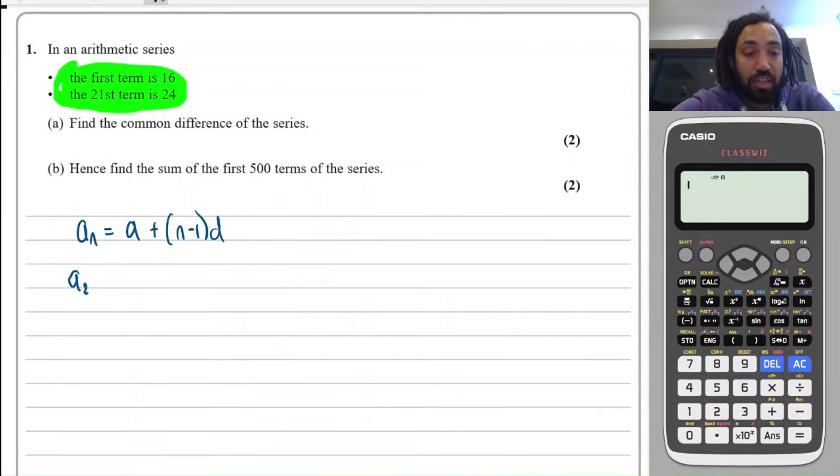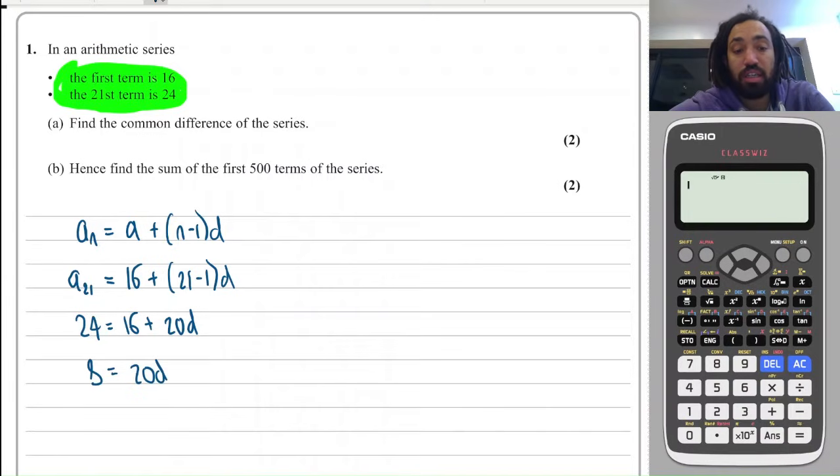So a in the 21st position is equal to the first term a, which we know is 16, plus n, the number of terms 21 minus 1 multiplied by the difference. And we know that the a21 is 24. So 24 equals 16 plus 20d. So therefore subtracting 16 will give you 8 is equal to 20d. So therefore d is equal to 8 over 20, which is the same as 2 over